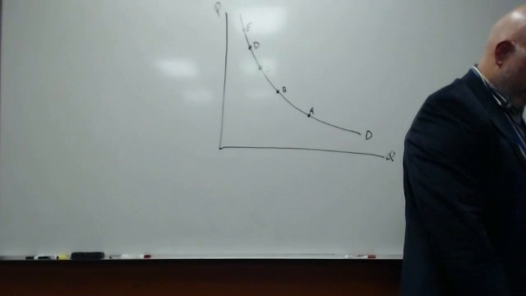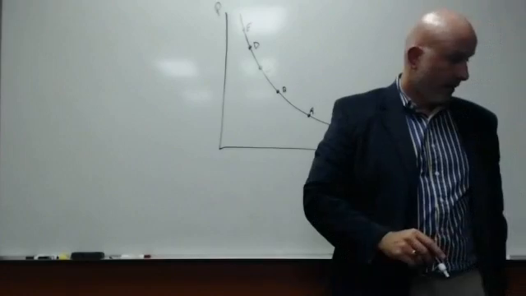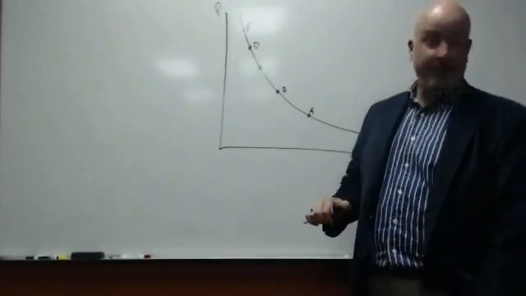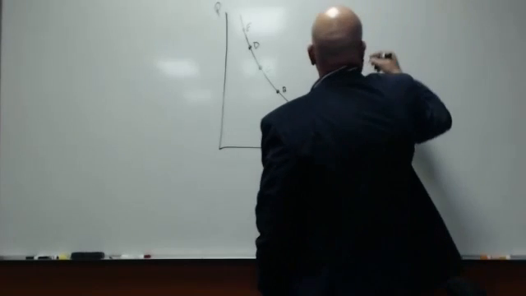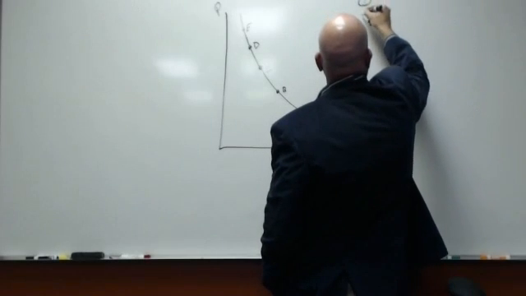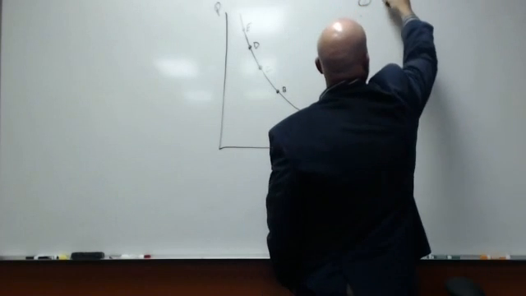All right, so let's talk about what are some items that can shift this demand curve. And the book gives you 6 points. The first,